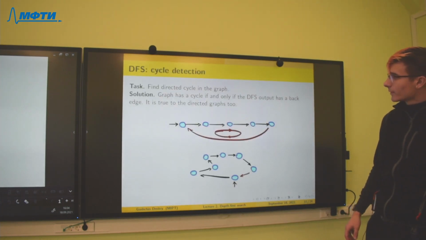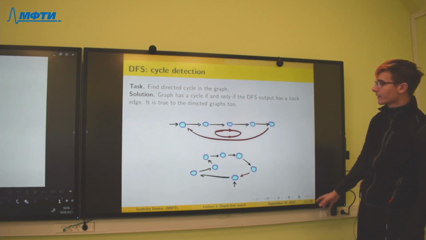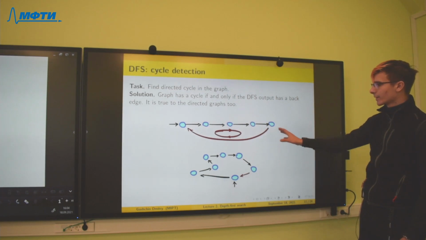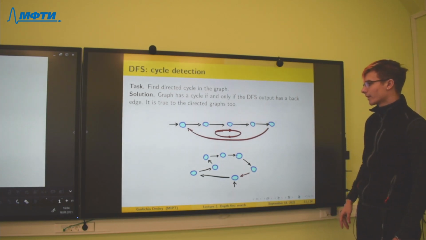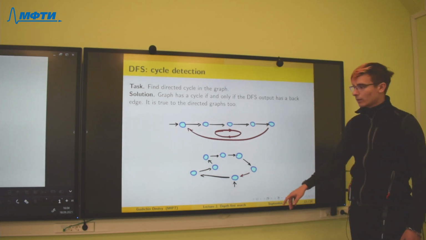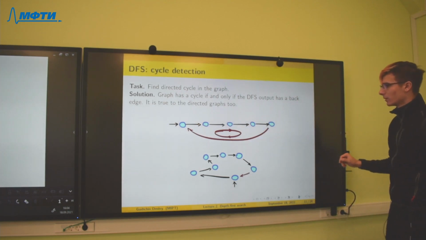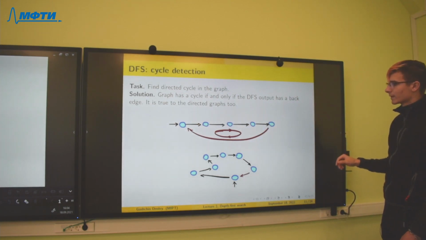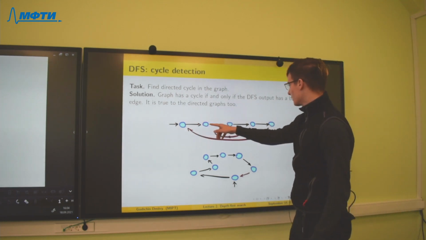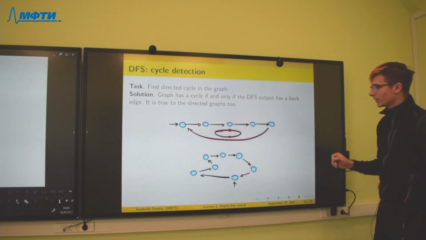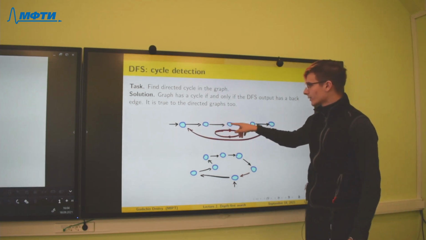So about the first task and its solution with DFS. For example, if we have a directed graph and we want to find a cycle in this directed graph, of course we say that a path is named a cycle if every edge is directed from vertex i to vertex i plus 1.